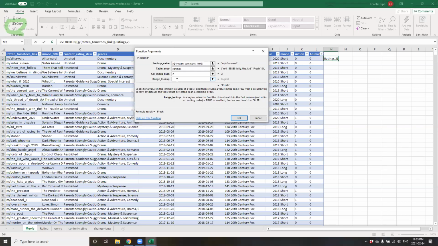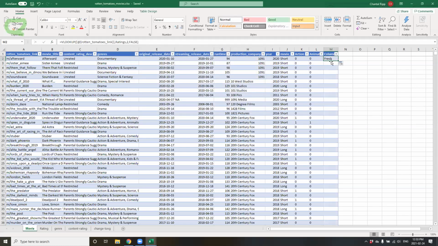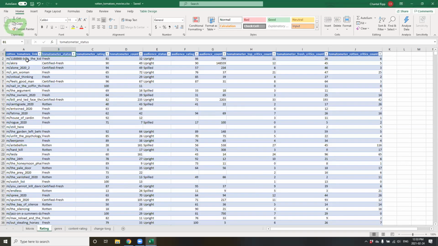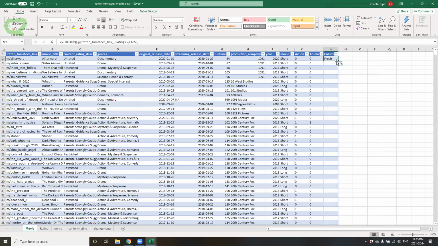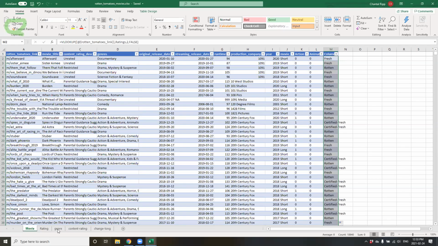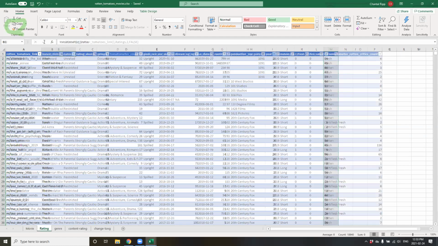And again, true is if it's an approximate match, or false if it's an exact match, and I want it to return the exact value. So I'm going to write false and click OK. And this became fresh. So if I go into my rating in the movie afterward, I'm not sure if that's the first title or this unique ID, the value at any rate was fresh. And I can apply this down and bring in, I'm just going to copy the.